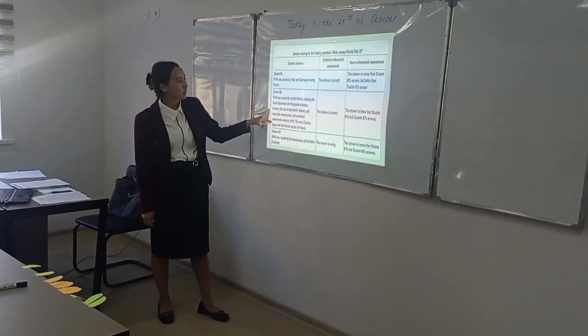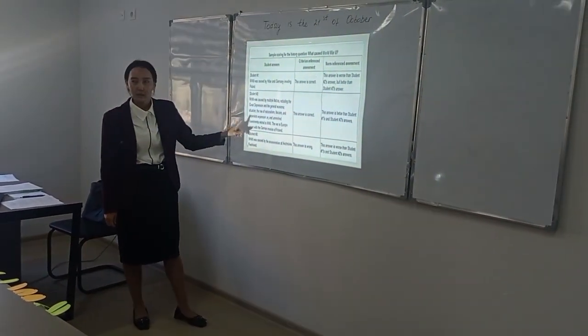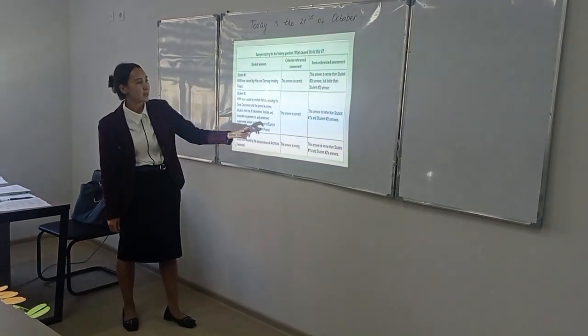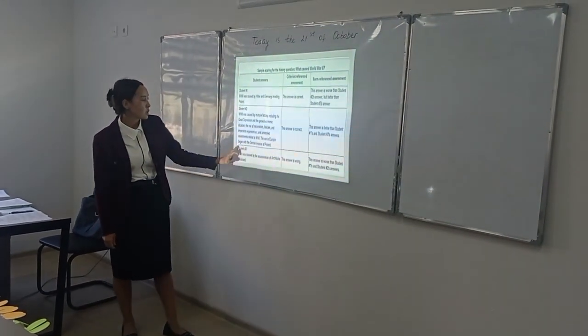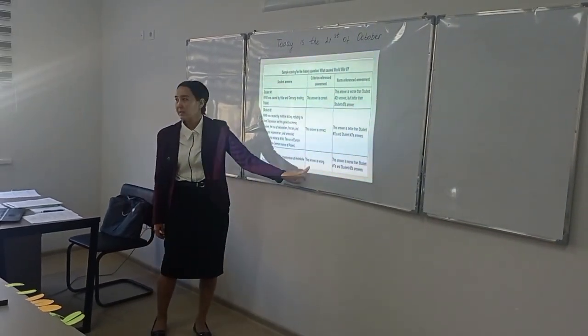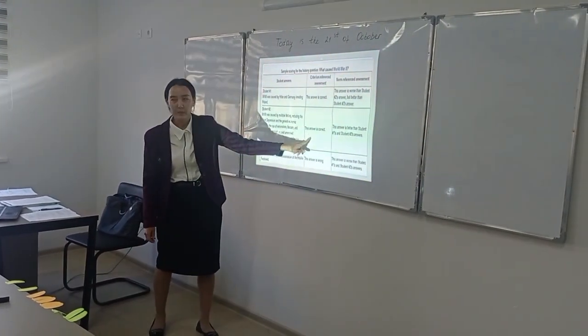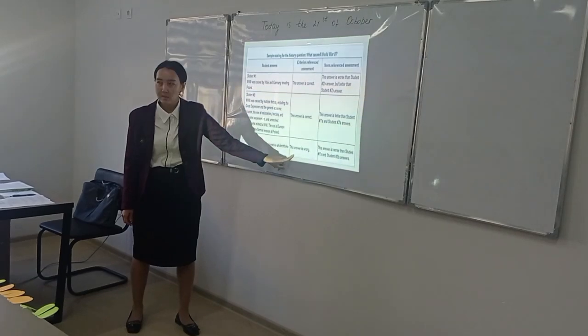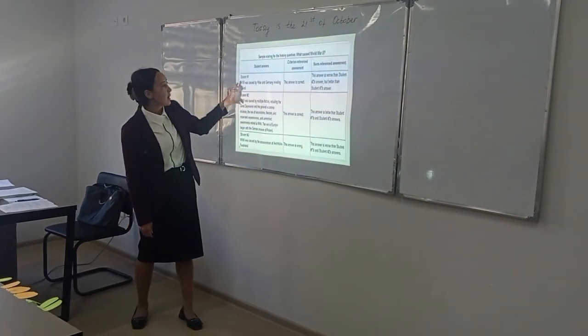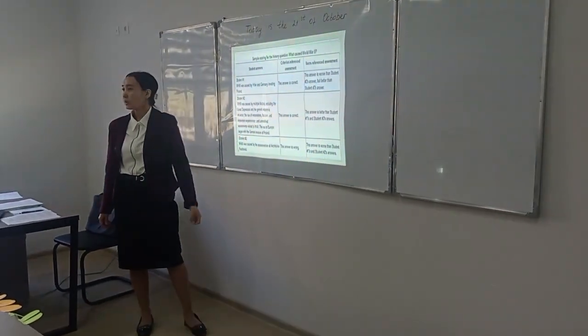The second student has answered correctly and could give the detailed answer, and the answer is correct. And the third student could not answer correctly. Yes, the given answer is wrong. According to the criterion referenced assessment, these two answers can be considered correct, but this one is incorrect, because the answers meet the requirement according to the standard.